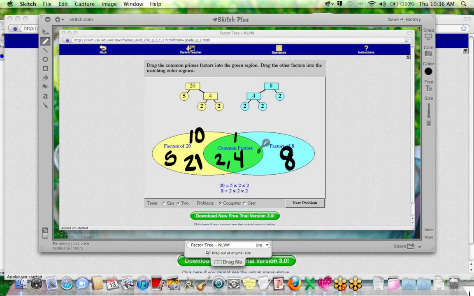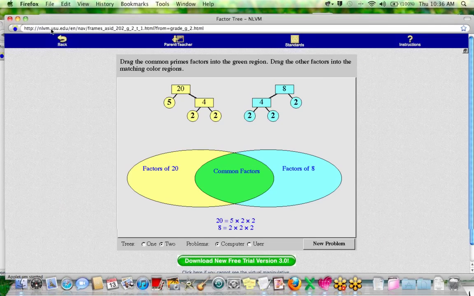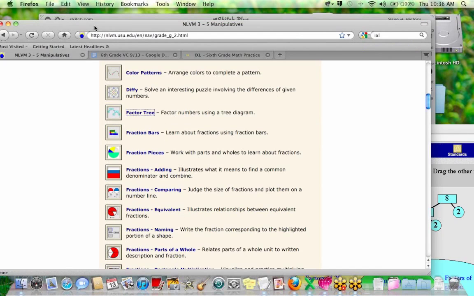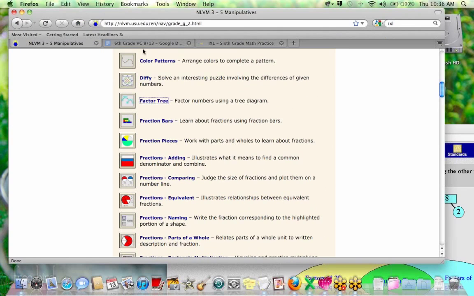So this is kind of what you're working on right now. You should be working on factors this week. You are going to be comparing and ordering decimals very soon. So I'm going to go back to our agenda. It's actually okay that I didn't find what I was looking for on that one site because we're running out of time.